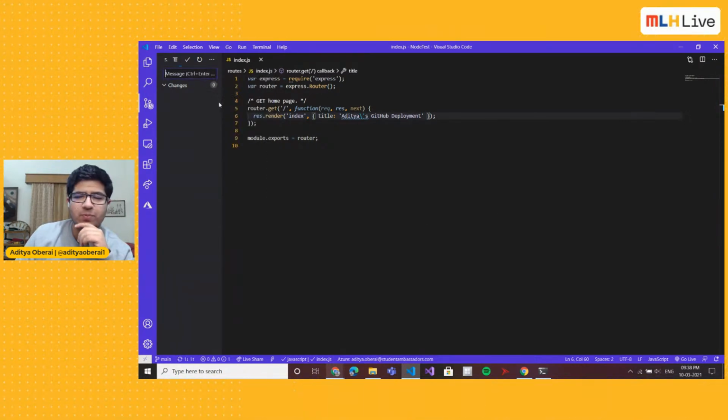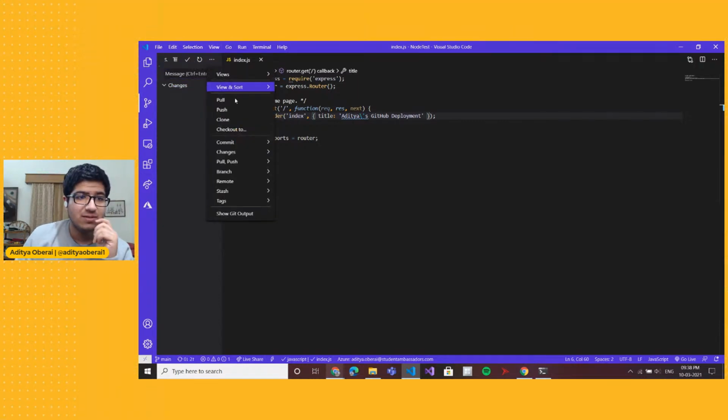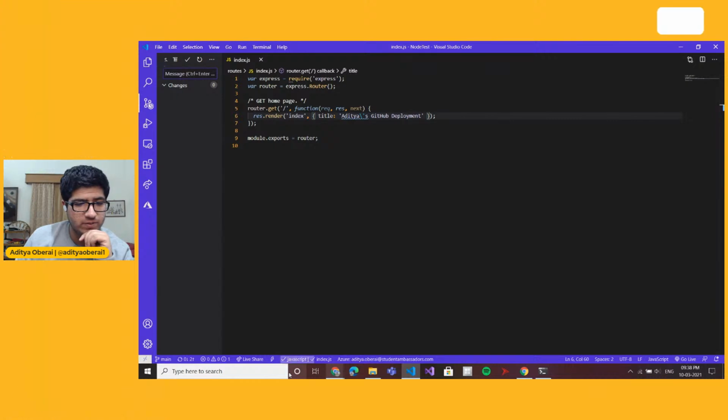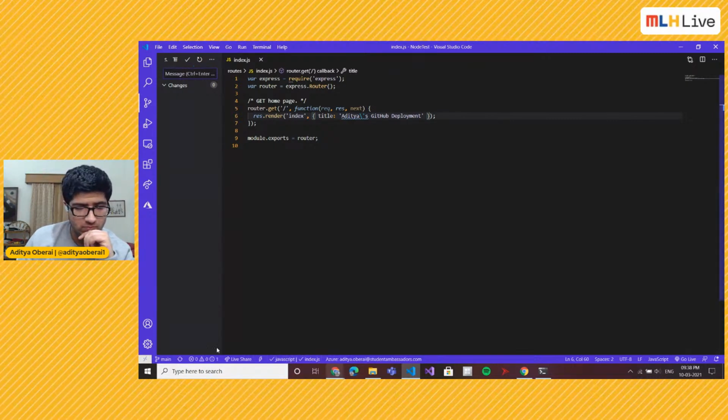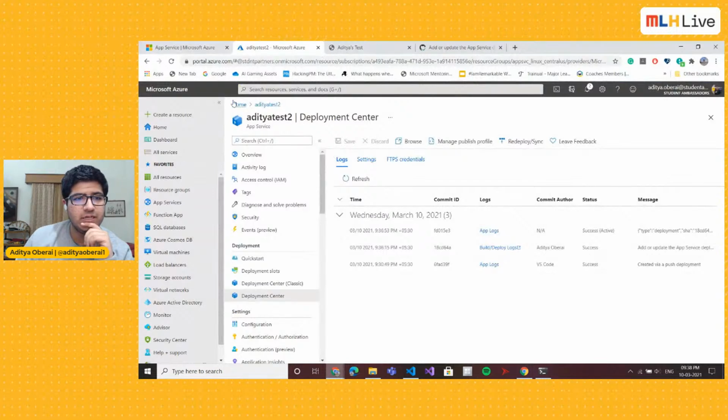Little error because we had to pull that earlier change, which essentially added the workflow to our repository. So I'm just going to pull that change, push once again, and after that, we should be good to go. So yes, as that is done, you'll be able to see that